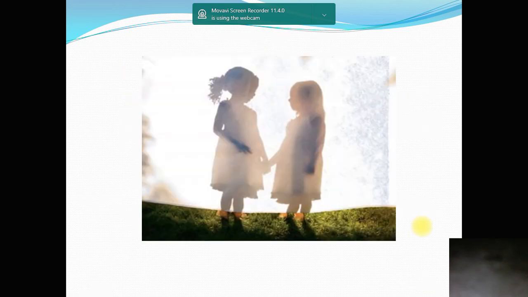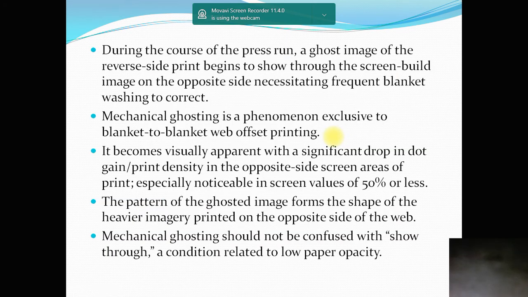See the image here. Actually, the image should not be like this, because of the ghost effect, it came like this. During the course of the press run, a ghost image of the reverse side print begins to show through the screen-built image on the opposite side, necessitating frequent blanket washing to correct. Sometimes this ghost effect is because of the blanket. If the blanket is